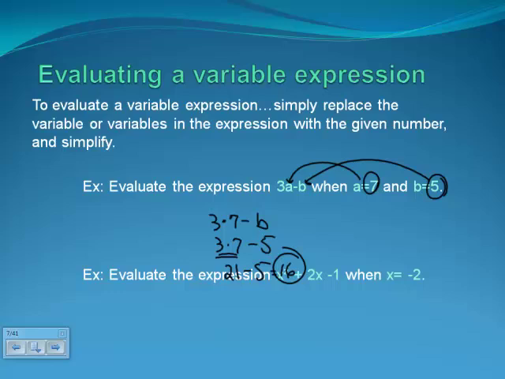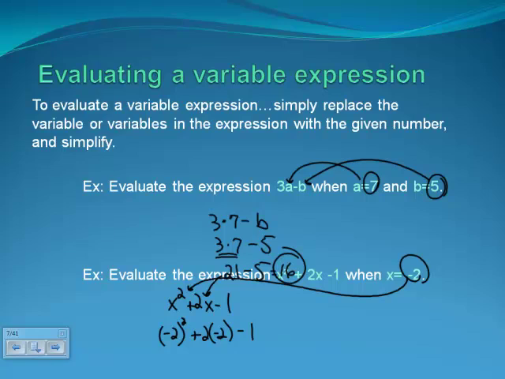Another example. Evaluate the expression x squared plus 2x minus 1. Let me rewrite that since I wrote over my question. Evaluate the expression x squared plus 2x minus 1 when x is equal to negative 2. All right, we're going to put that negative 2 in for all the places where x appears, which is going to give us, in this case, negative 2, both the negative and the 2 will be squared because that's what x is, plus 2 times negative 2